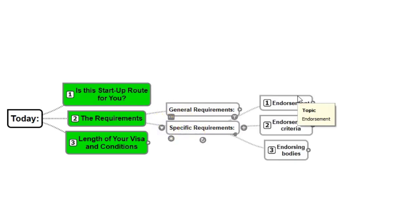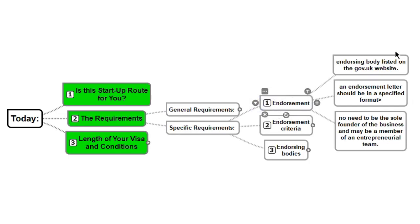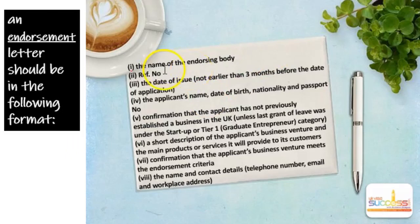The specific requirements define the rules about endorsement criteria and endorsing bodies. The endorsing body must be listed on the .gov.uk website, and there should be an endorsement letter in a specified format. This endorsement letter should contain the name of the endorsing body, the reference number, the date of issue, which must be not earlier than 3 months before the date of application, and then the applicant's name,